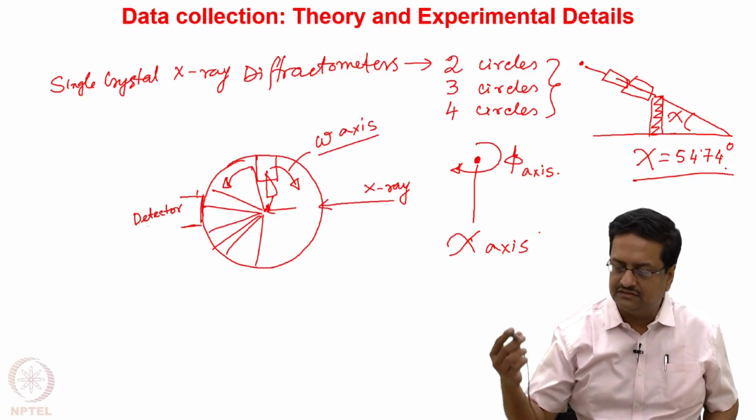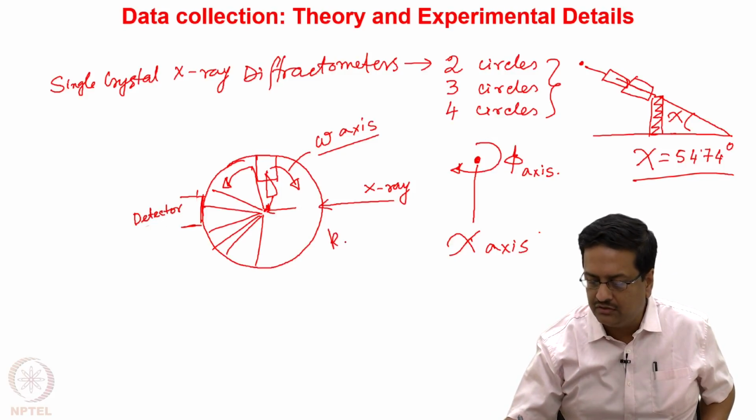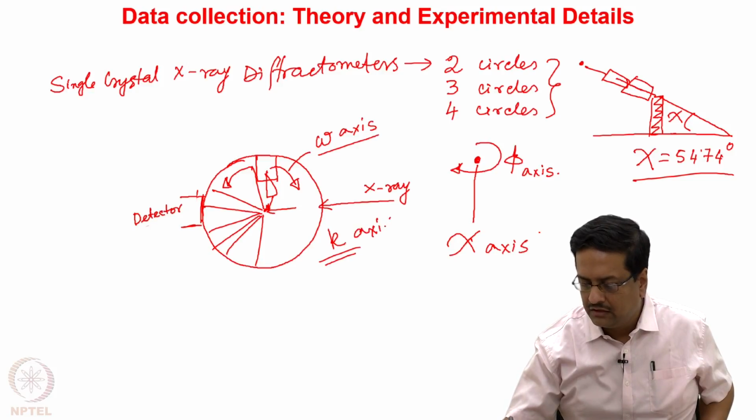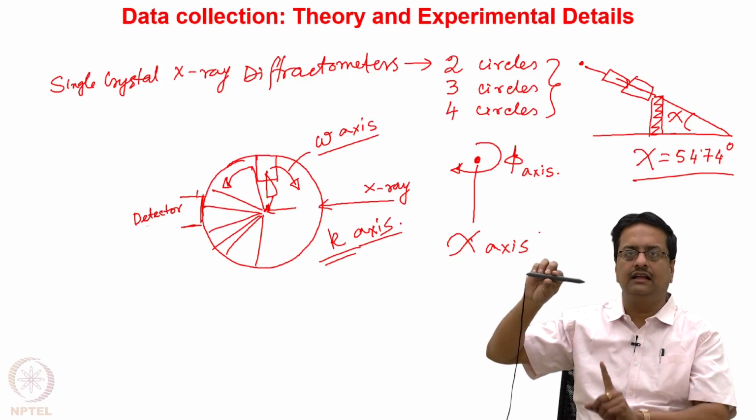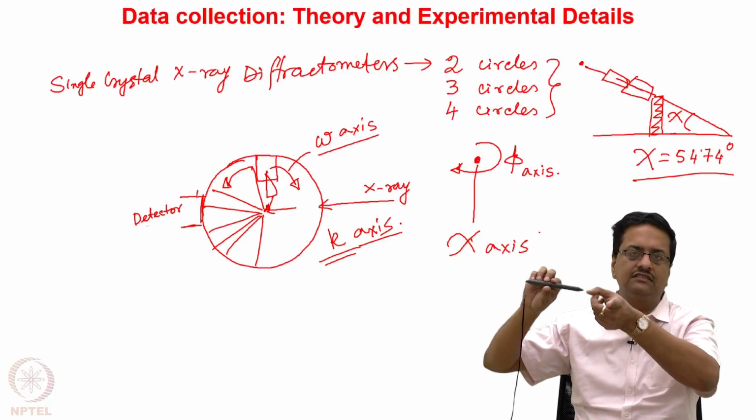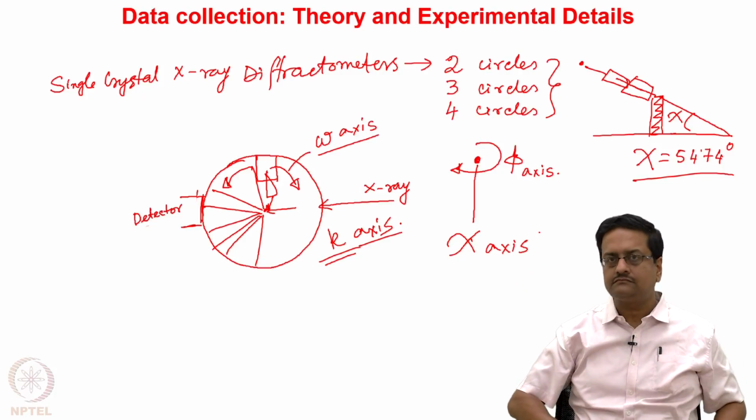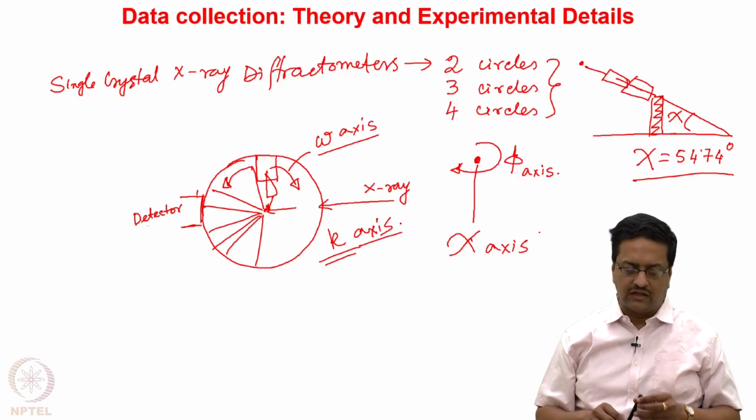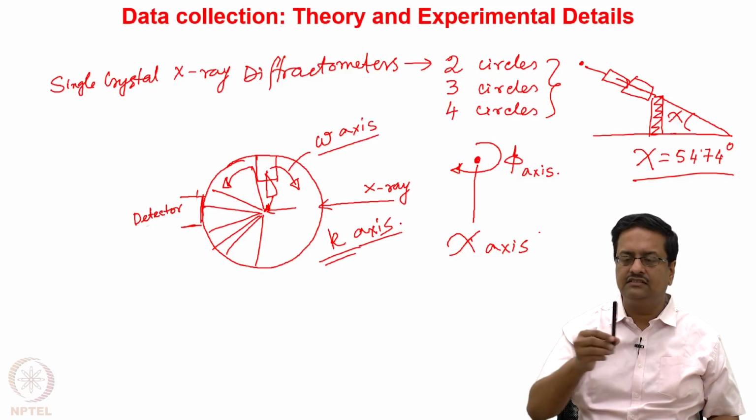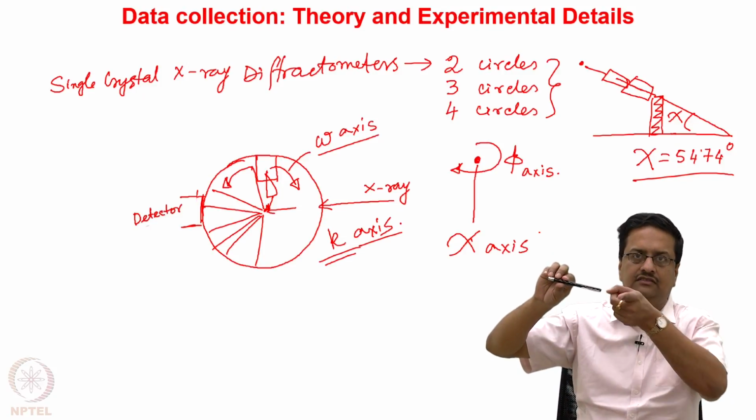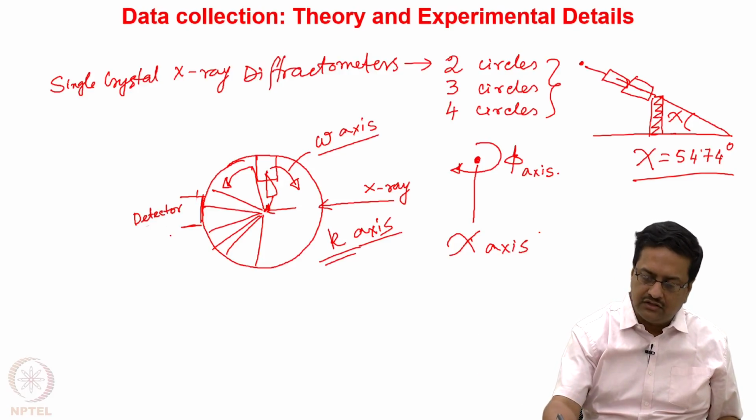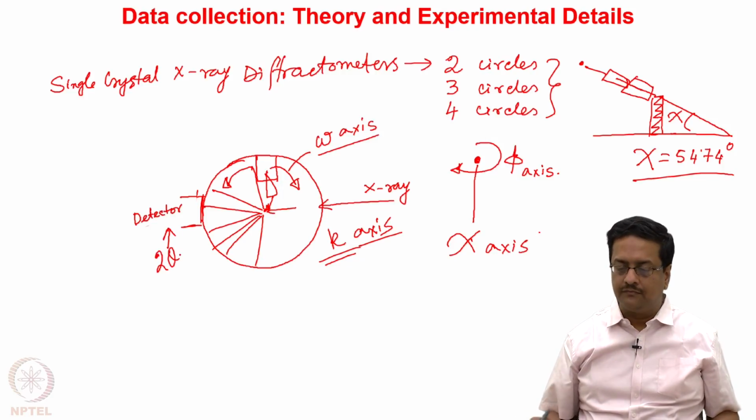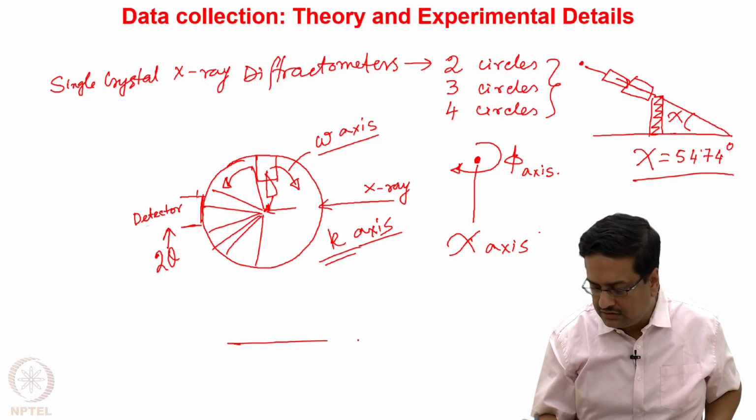So, the fourth axis that we can think of, the third axis that we know is a kappa axis, which makes the crystal rotate, instead of this vertical axis, in a horizontal axis like that. So the crystal is rotated like this in the horizontal direction, and it is called the kappa axis. The fourth one that we can change is the position of the detector, and we call it a 2 theta axis. So with respect to the direct beam,